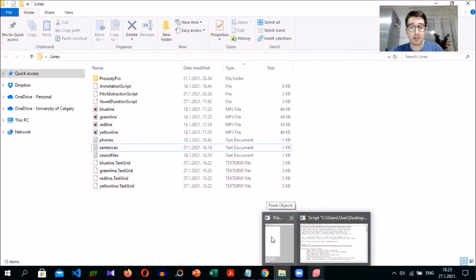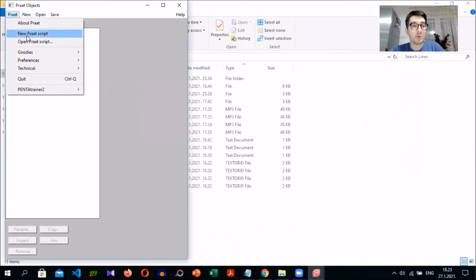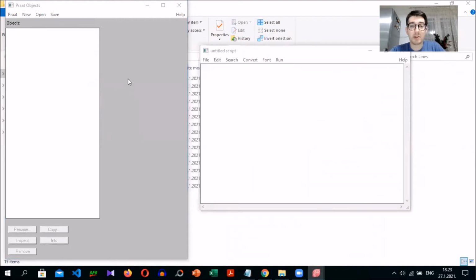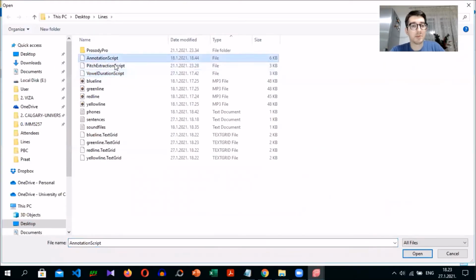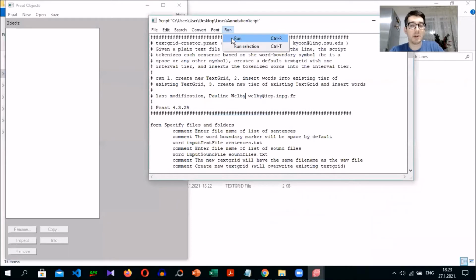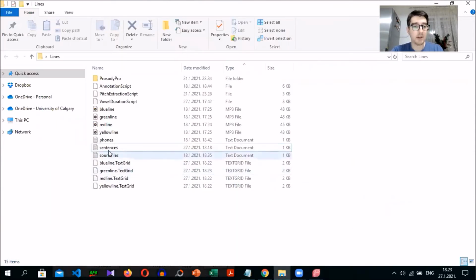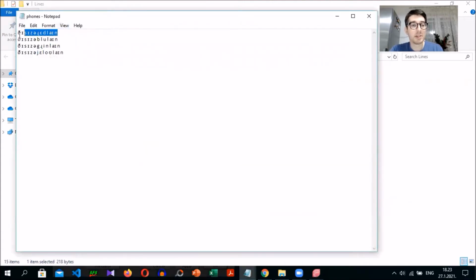The next step for us is to create a phone tier. So what I'm going to do, I'm going to open a Praat script again, and I will open the same annotation script. It's going to say, okay, it's already open. Here it is. I'm going to click on run again, and this time I'm going to change the text file into phones, because my text file here is called phones. And here it is, the phones text file, which you need